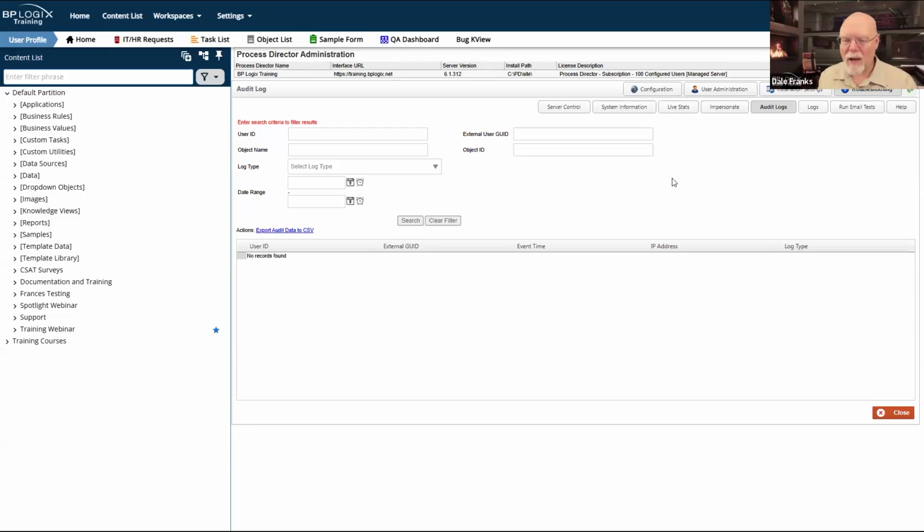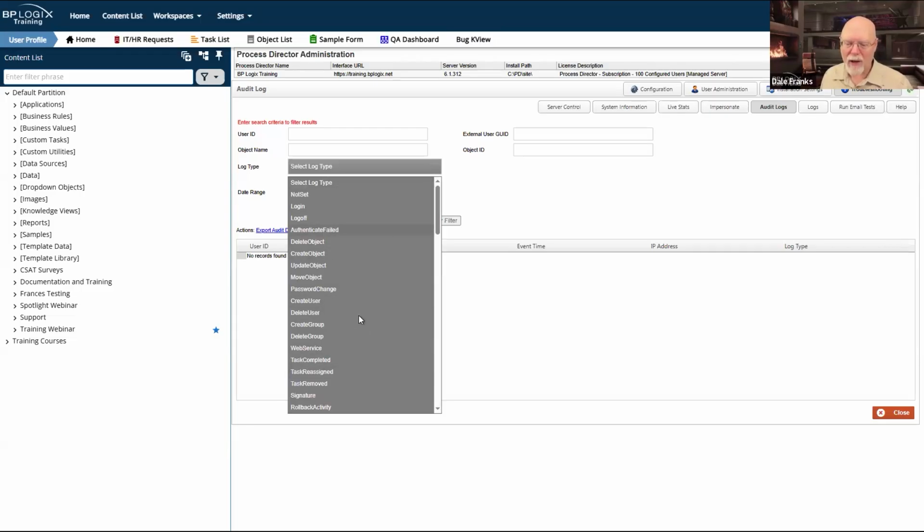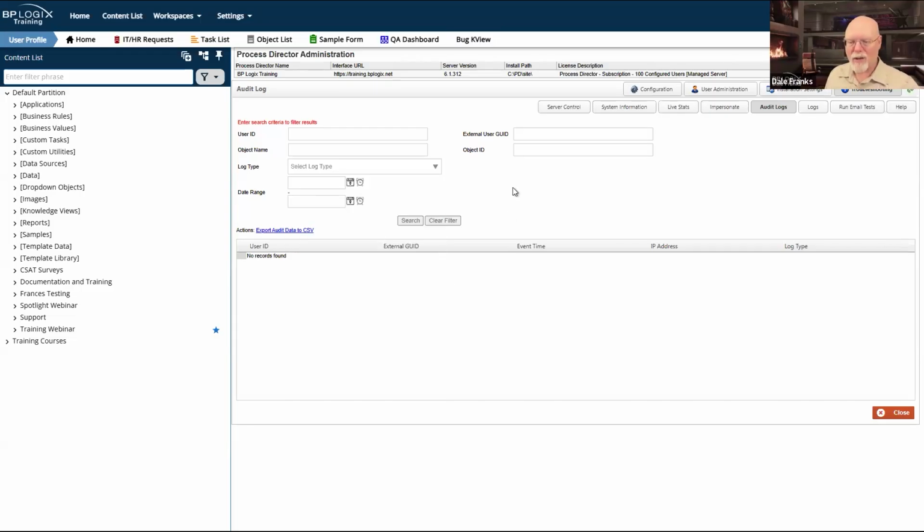By storing it in the database, I get access to all of these search features so that I can search for specific dates, a specific object name, or a specific type of action that may have occurred, like a user got deleted or what have you. And I can search my logs, for however long you're going to keep your log files in the database, which you have complete control over. You can go back and find out whatever happened on your system. You don't usually need it on a day-to-day basis, but it's good to have those log files stored in the database. So I would say the best practice would be to store your audit logs in the database.